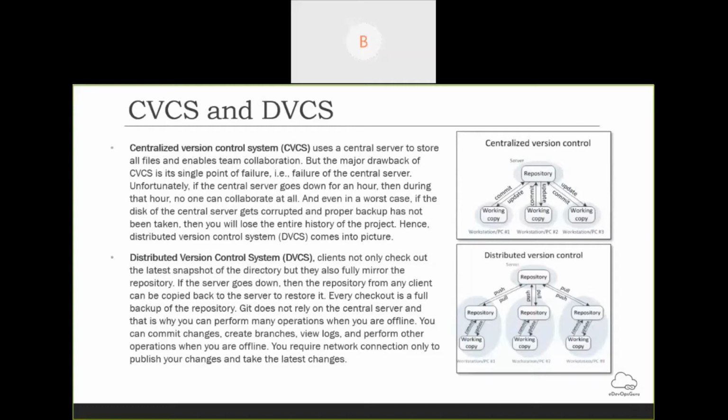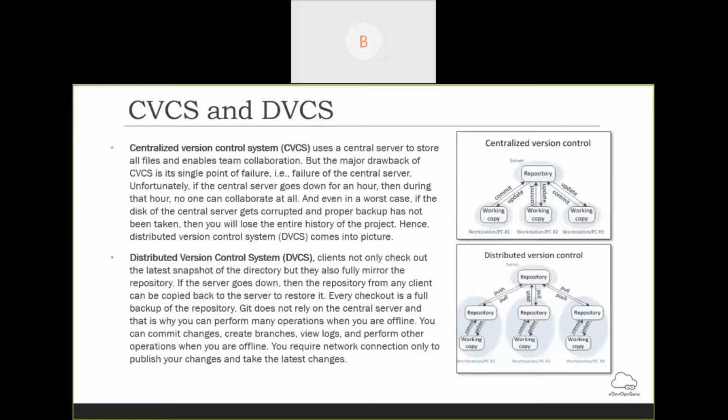So to reduce this, as an advanced system, the distributed version control system came. So what is that? Here the concept is the same. The only difference is that everybody's working repository is a mirror or replica of the central repository, and they can work in offline mode.